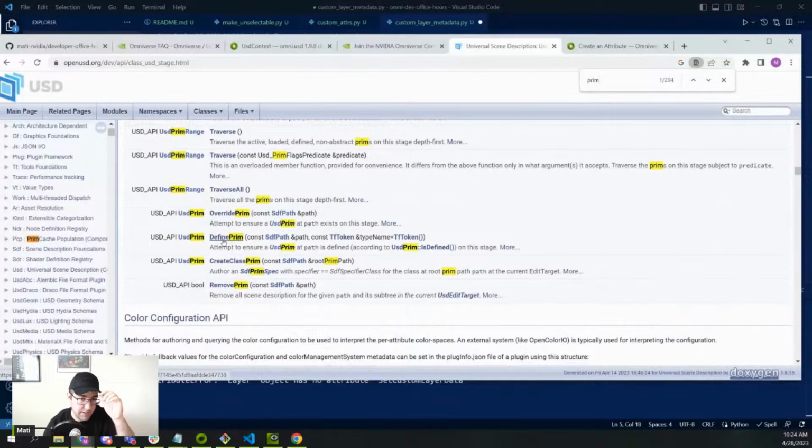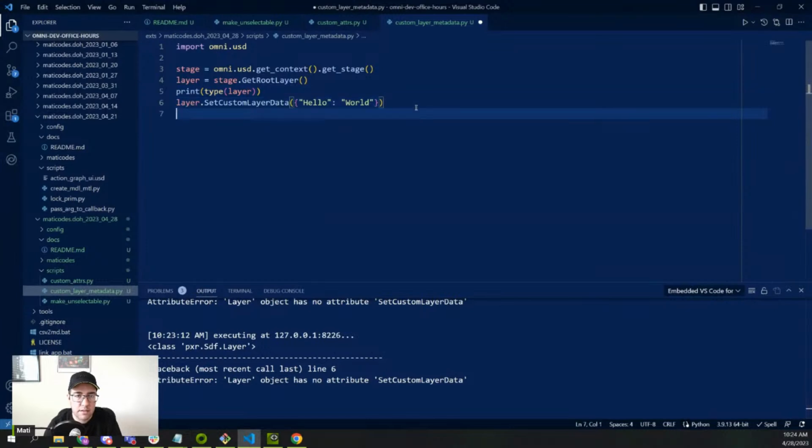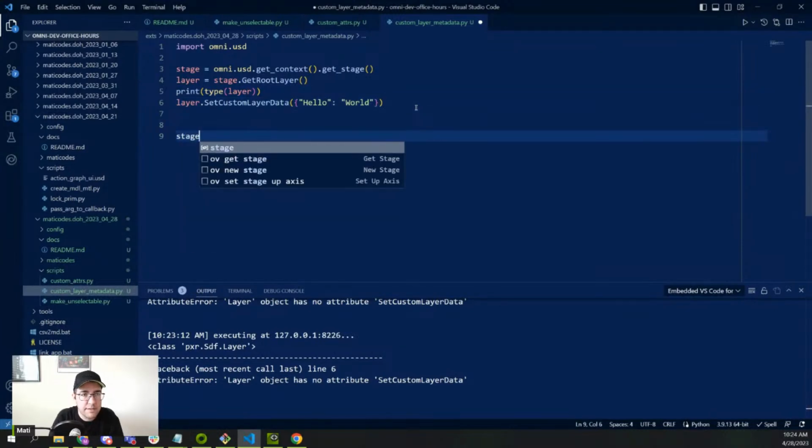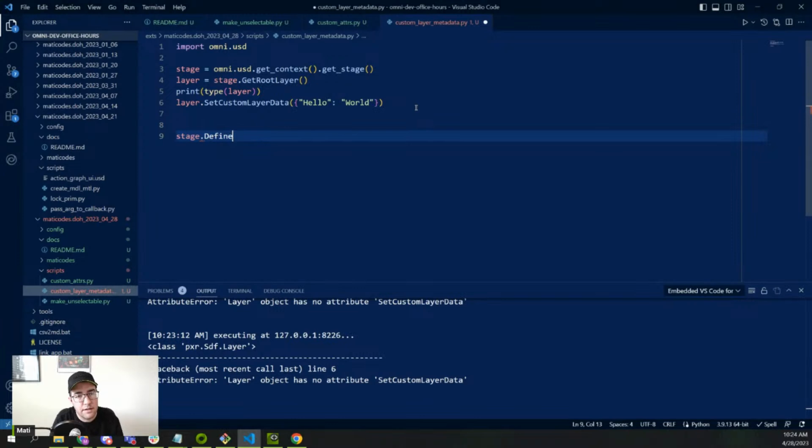I never do it this way, but define prim. Yeah, I think you can do a typeless or even custom type because it's just a token. So let's try this. Stage.define prim, type hello world. And otherwise, if you wanted to do typeless,